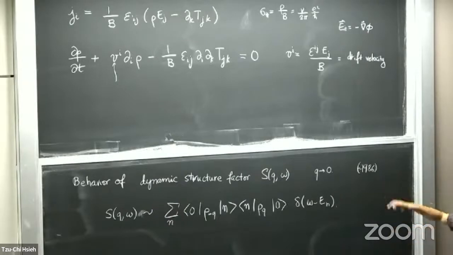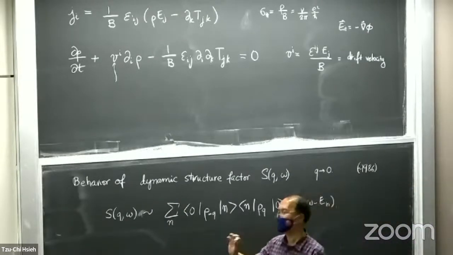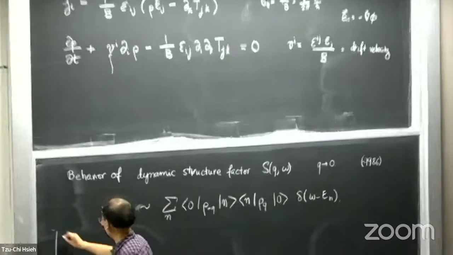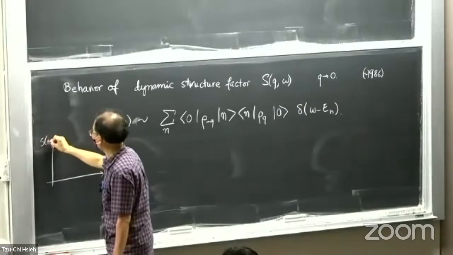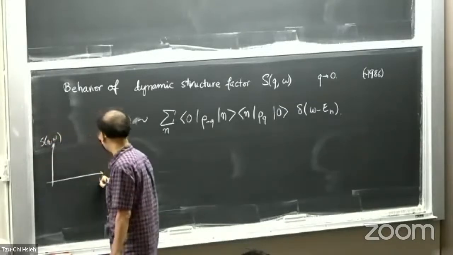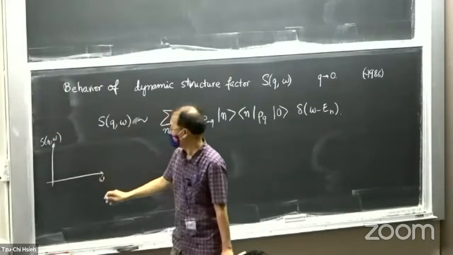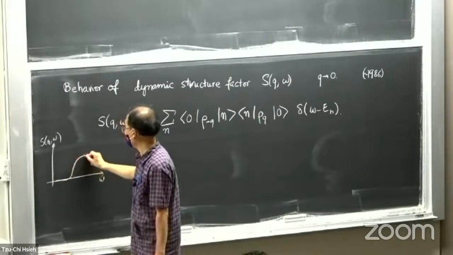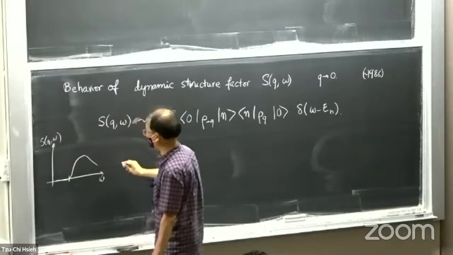So the dynamic structure factor in a fractional quantum Hall gapped state always has the following structure. If I plot that as a function of omega, then it's always 0 at one point because the system has to have a gap. So for a gap state,